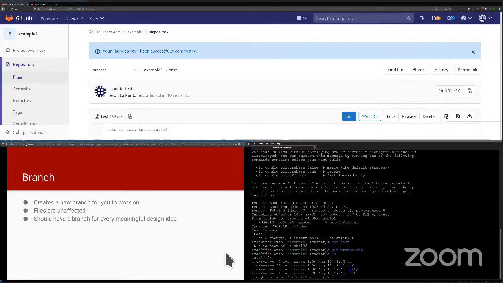And just as a word of advice, you should have a branch for every meaningful design idea. Branches don't cost anything, so I would recommend doing it all the time. And now this new point: all branches are independent. That basically means that if we